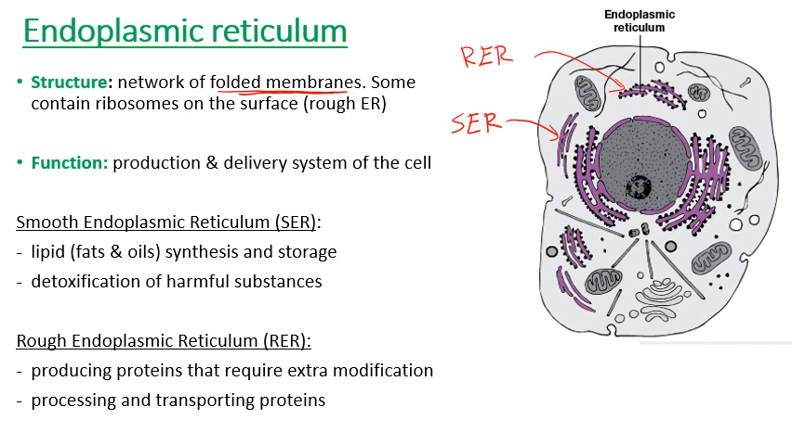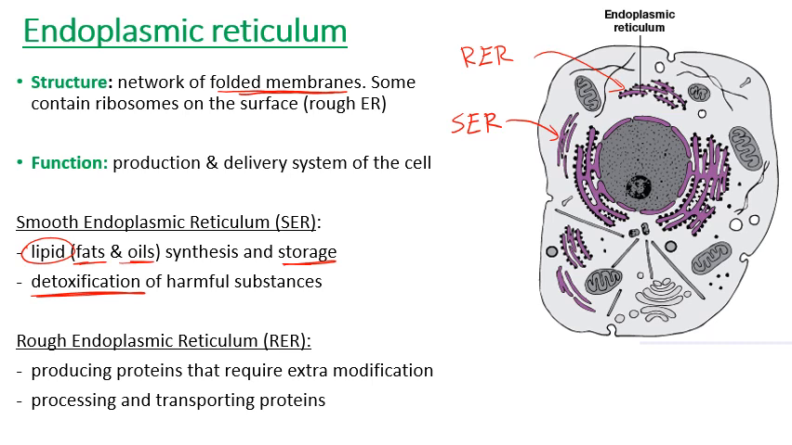So the smooth ER, it produces fats and oils, which we call lipids, and it stores them away, because lipids don't dissolve in water. So the smooth endoplasmic reticulum is the place where lipids can be stored without them having to try and dissolve in water. And it also detoxifies harmful substances, particularly alcohol and poisons. Well, alcohol is a poison if you have too much of it. So those chemicals will go to the smooth ER and they'll be broken down and detoxified,